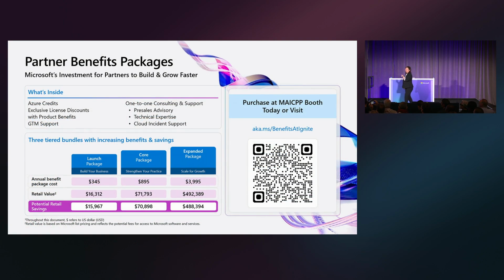Are you aware that Microsoft offers special pricing to partners and licenses, free Azure credits, and personalized technical pre-sale support? So if today you're a reseller, you need benefits, take advantage of the partner benefit packages. It gets you things like I said, the licenses, but most importantly, the personalized technical and pre-sale support that's counted as advisory hours. We in fact have some of them at the booth today.